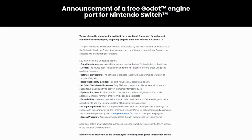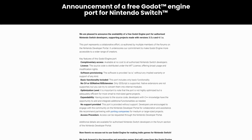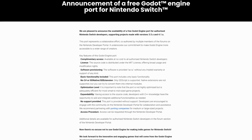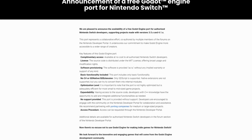Well, okay, for the Nintendo Switch specifically, at least. RAR Lab, or RAWR Lab Games, announced the availability of a free Godot Engine port for Nintendo Switch. Now, this is using the Nintendo Switch authorized developer system. So you have to be already authorized as a Nintendo Switch developer to be able to use this port system,